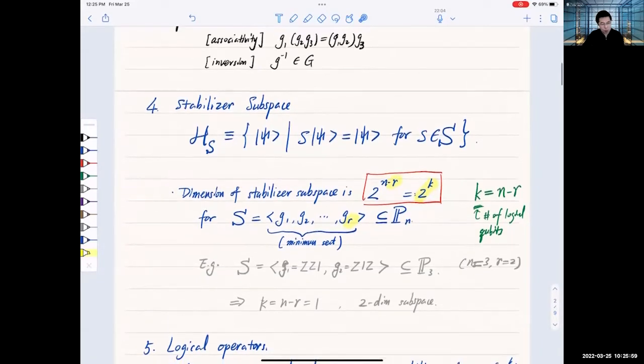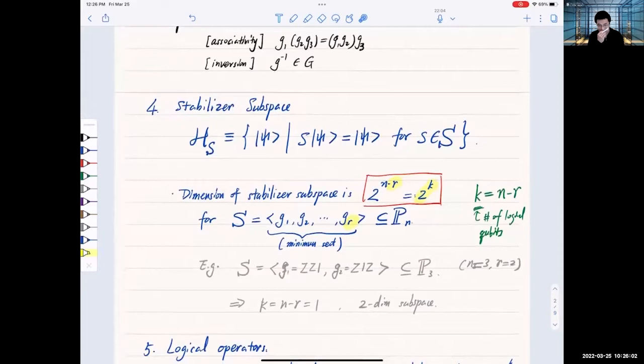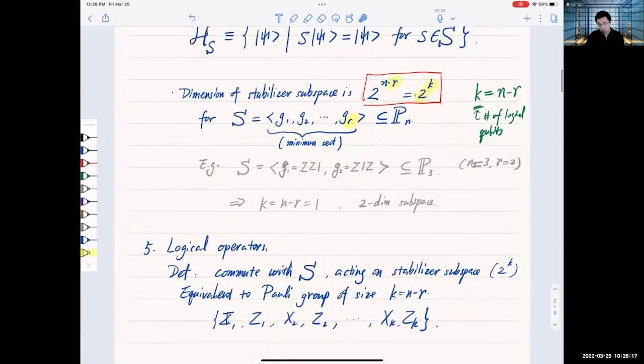Okay, so now we have talked about the stabilizers, and that might help us to correct errors, but we also want to find operators associated with the logical operations to help us process information. So now we need to define the logical operator. What is a logical operator? The logical operator should satisfy the condition that it needs to commute with the stabilizer, because otherwise that operation will push the system out of the code space. That's probably not desirable. And it also needs to have some non-triviality in the stabilizer subspace so that it will induce a non-trivial evolution in the code space. And it turns out that you can always come up with a set of Pauli operators